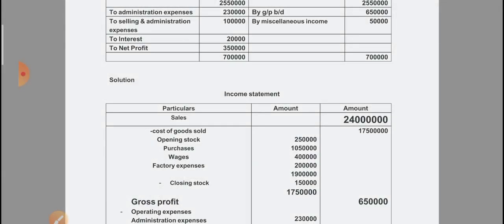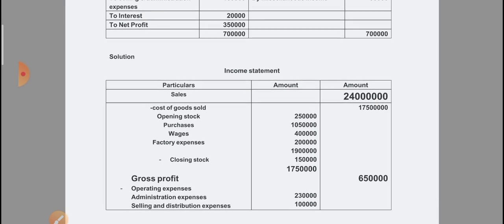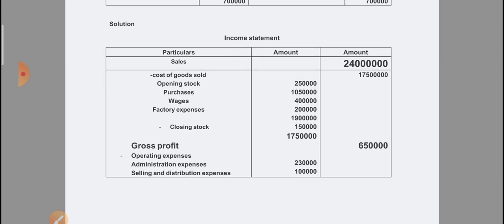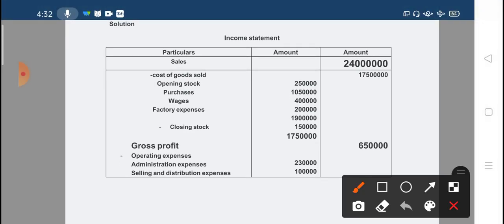Now coming to the solution, we need to rearrange the income statement. So first, we take the sales, ₹24 lakh, and from that we have to deduct the cost of goods sold. So cost of goods sold,